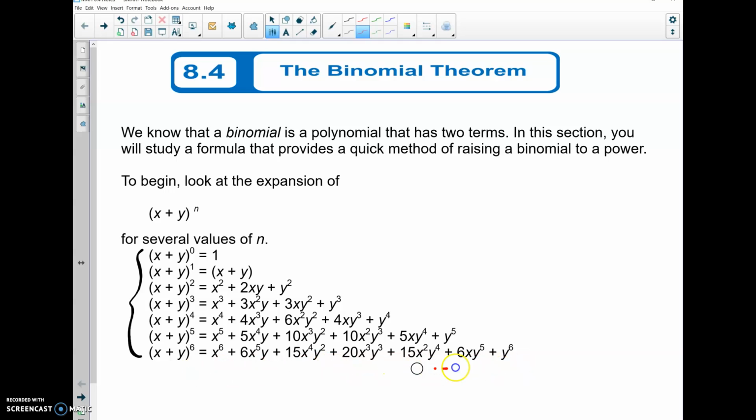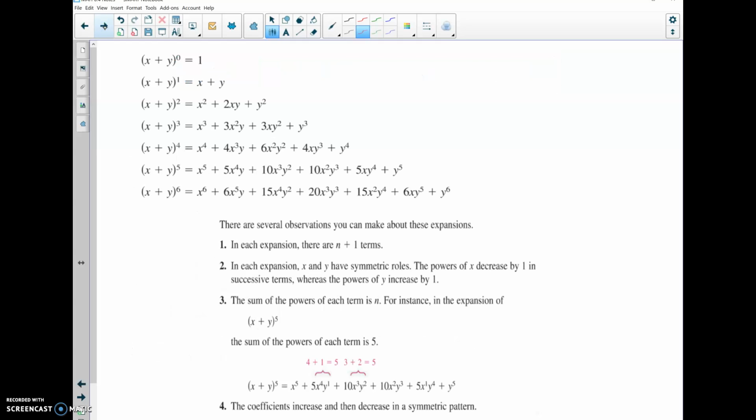Alright, a few things to take note of, if you didn't already. Four specific observations. First, there is one more term than n, the power. So right here, your binomial raised to the 4th power has 5 terms, one more than the exponent. Second thing,